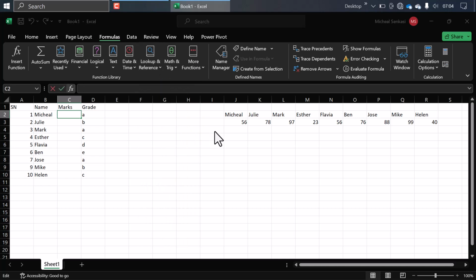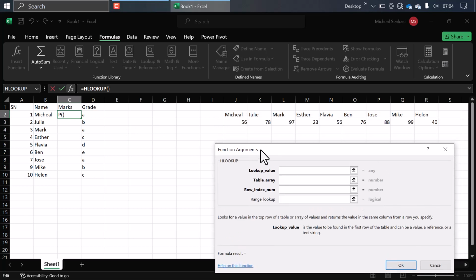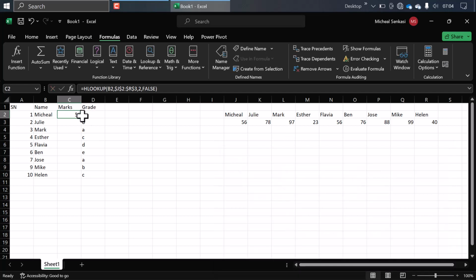HLOOKUP. You locate your lookup value, which is a student name, and define your table array, which is here, and lock it by pressing F4. Then the row number index is the row number 2 of that horizontal table, and we want exact values, which is going to be false, and run. So when you drag down, it will give you